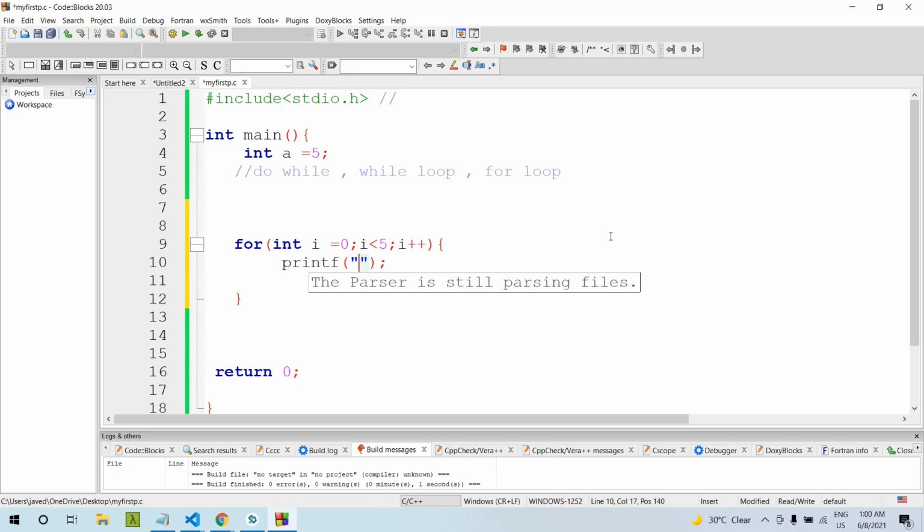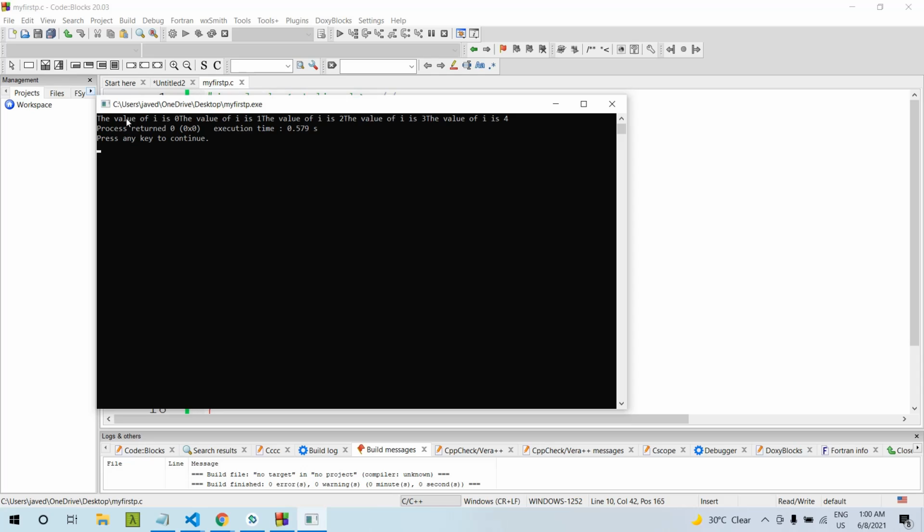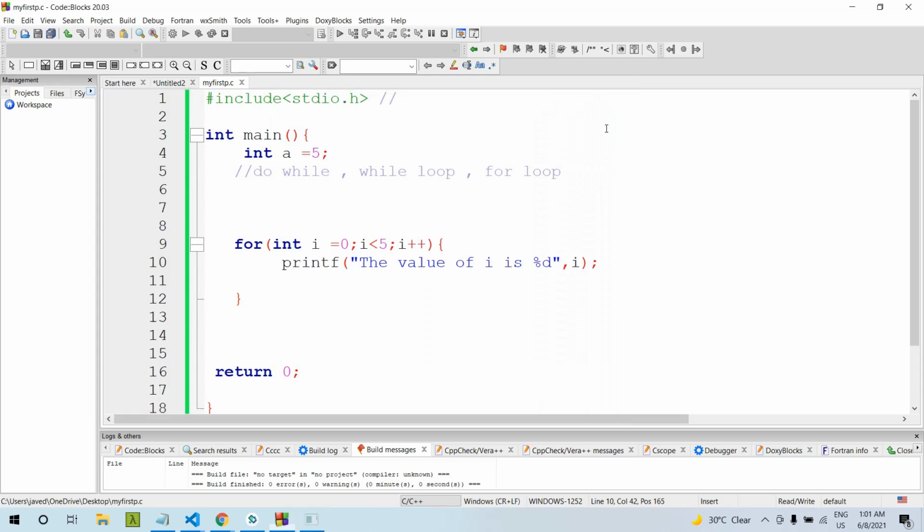We write the value of i as an integer type, and then run this. You can see the value of i is 0, the value of i is 1, the value of i is 2, the value of i is 3, the value of i is 4.